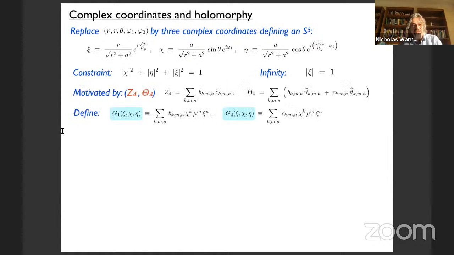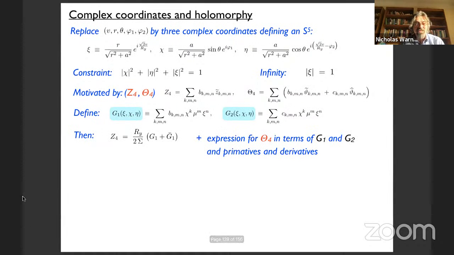The reason why is, if you look at Z4 and theta4, you've got this very unintuitive Fourier sum. And similarly, theta does a very uninformative Fourier sum. But if you define the following complex functions, which simply take the same Fourier coefficients with these complex variables, and notice how we've chosen the R's over A's and the sines and cosines, that should look suspicious. This is to concoct the delta that turns up in there. And in fact, Z4 is simply the real part, up to a prefactor with this infamous 1 over sigma, of